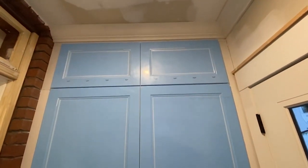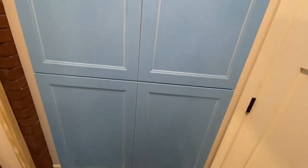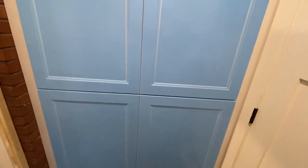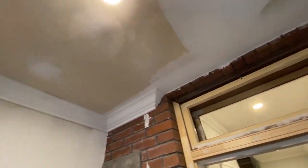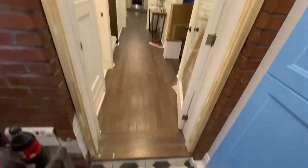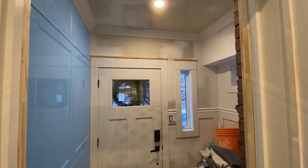So he brought me in, and I finished off renovating his front foyer, which is again a porch that's been enclosed. So I installed some cabinets, where behind those will be the rods for coats, and doors, and then there's some shelving and some drawers. You can see where I installed some crown molding. We trimmed out all the doorways,